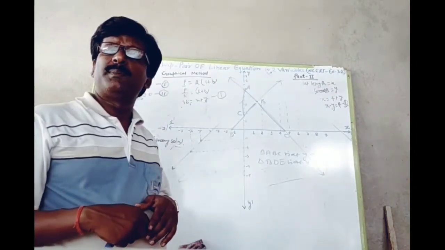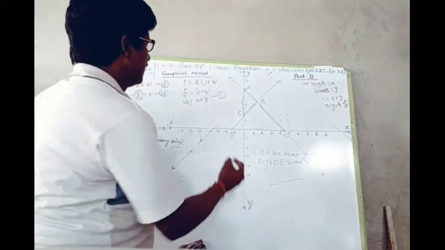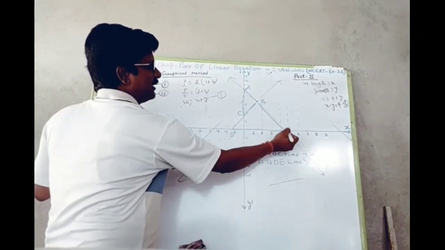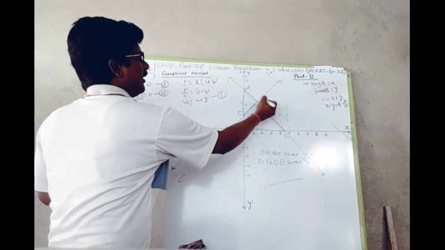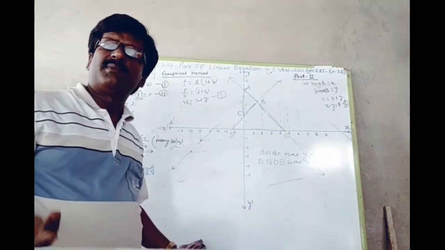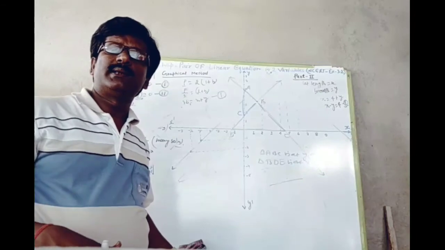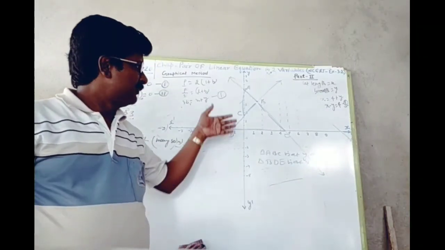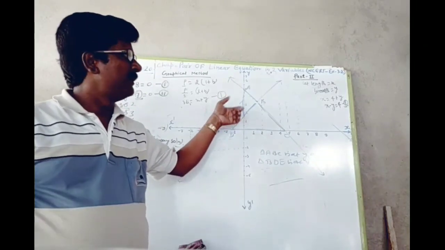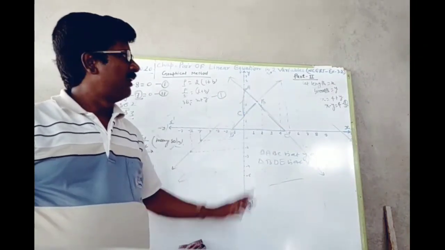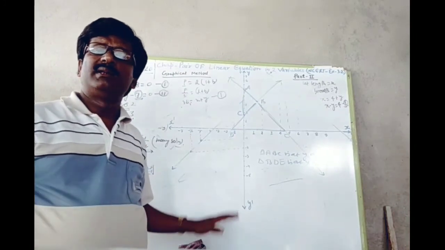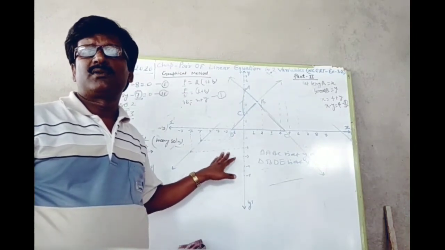Suppose the question asks for the coordinates, then we have to write the x and y of this point, x and y of this point, x and y of this point. Whether the question says coordinates, points or vertices, all are the same question. So I hope with this technique we can solve exercise 3.2 of NCERT or the first exercise from the reference book. It will surely help you solve the questions.